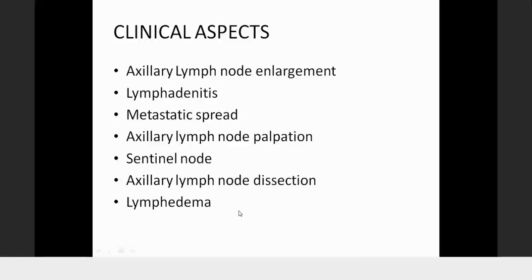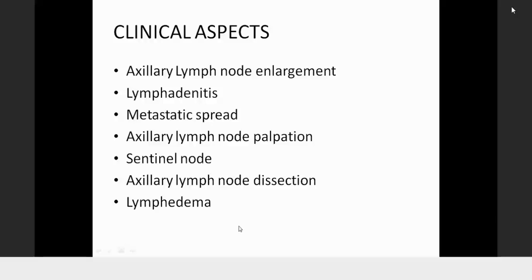When the axillary lymph nodes are dissected out, the lymph starts collecting in the upper limb. The lymph is not able to properly channel or drain, causing lymphedema of the upper limb post surgery in breast carcinoma patients. Okay, so